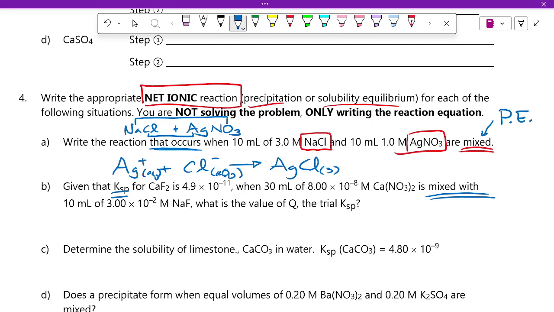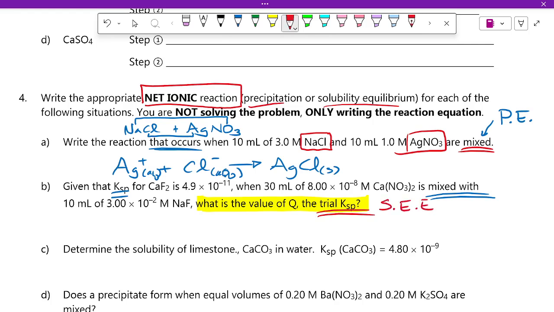Oh boy, that's confusing because you have a mixed with, and you have a KSP. What is the question asking you for? What is the value of the trial KSP? So that's the most important part. So you know for a fact you're going to be using the